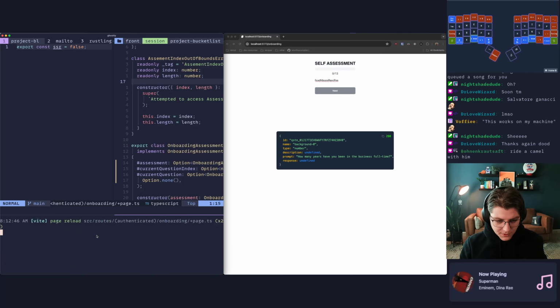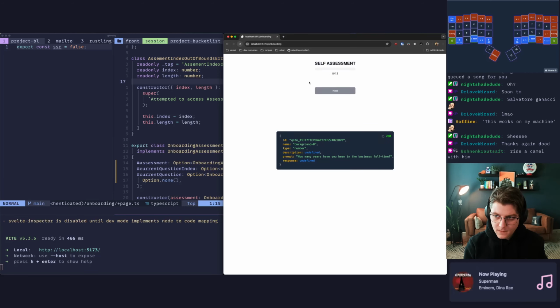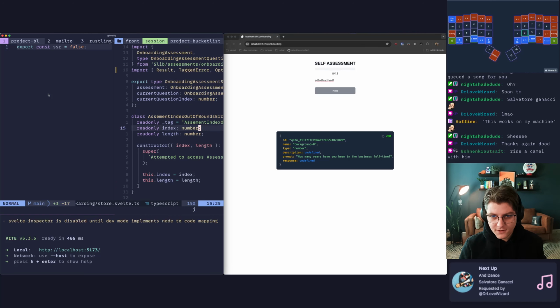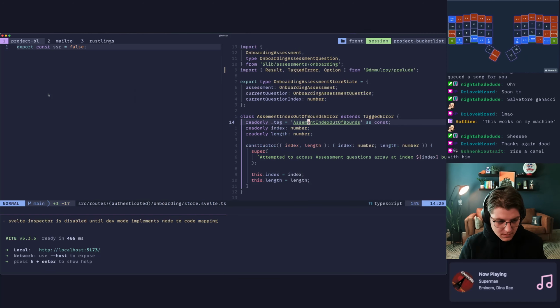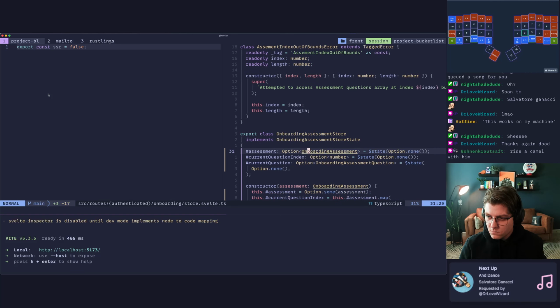All right, let's try rebuilding this. Okay, so I even turned off SSR because I thought maybe this was somehow getting created on the server and breaking.